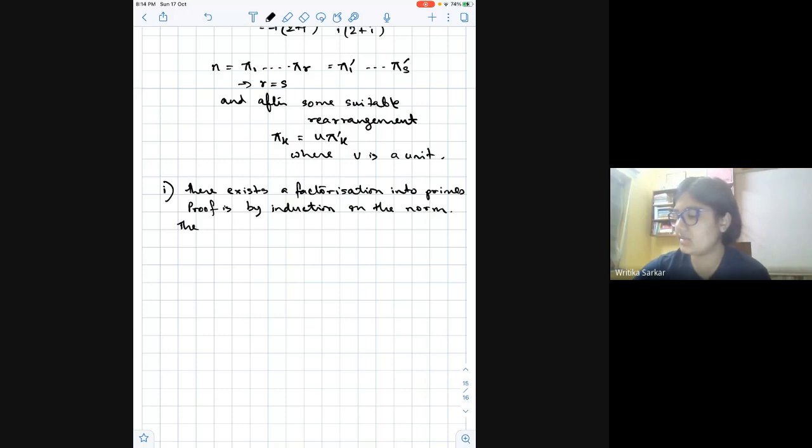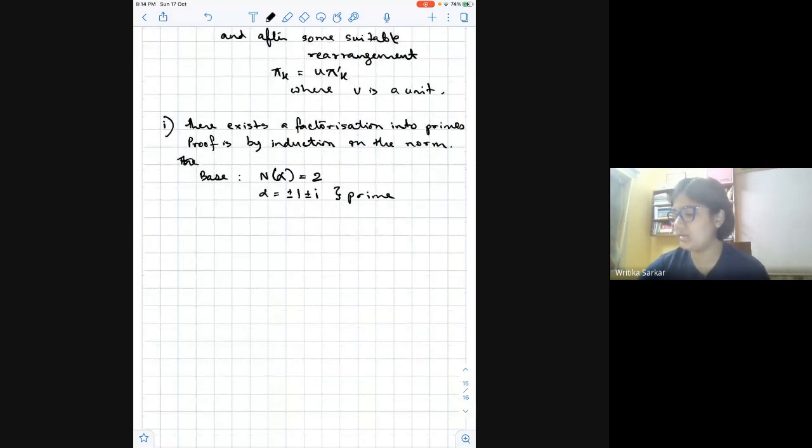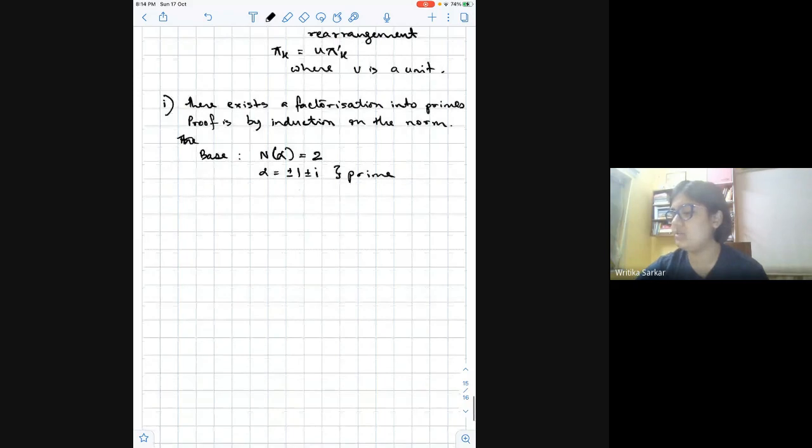So the base case would be when the norm of alpha is 2, because we don't have to care about units here. When the norm of alpha is 2, you can check that alpha should be something like plus or minus 1 plus or minus i, and you can check that this is actually just a prime itself. So it can be written as just itself, and then you induct, and you just break alpha into two non-trivial factors and take their norms,